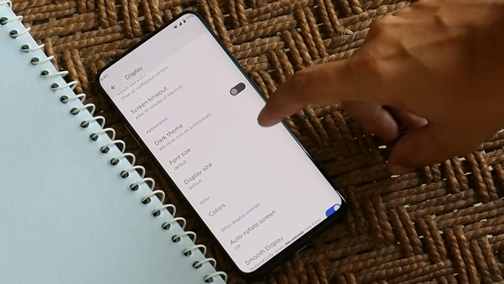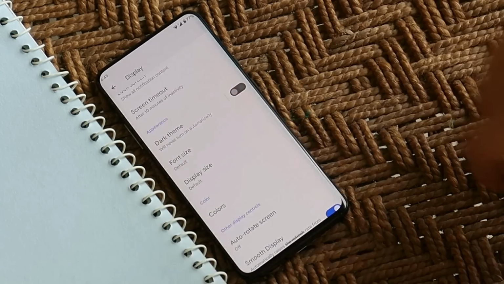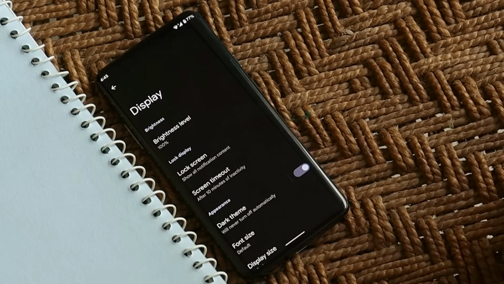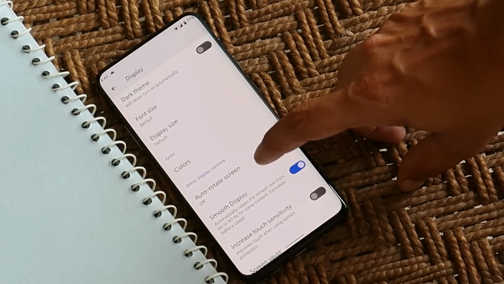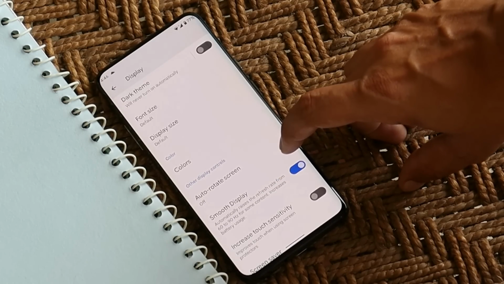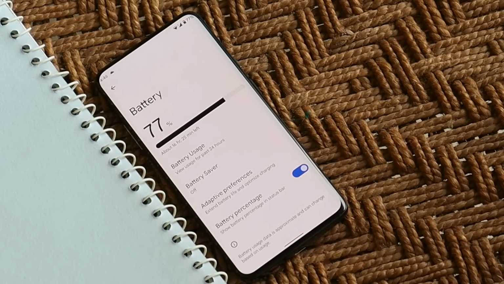Under display, we have almost everything working fine like dark theme, and I do like the dark theme present on Android 12. After that, we also have an option of smooth display in which the device will automatically switch between 60Hz and 90Hz. About battery backup and charging speed, I'll cover it in my review video. So stay tuned for that